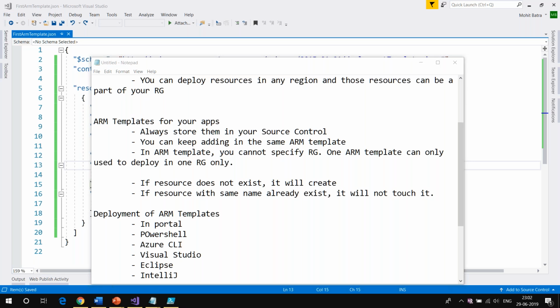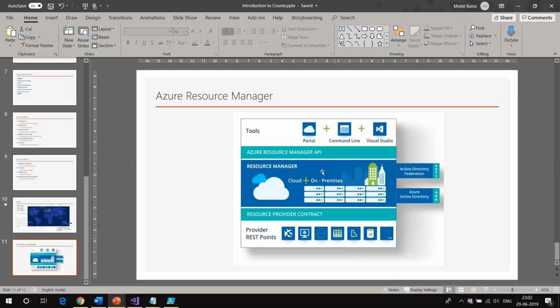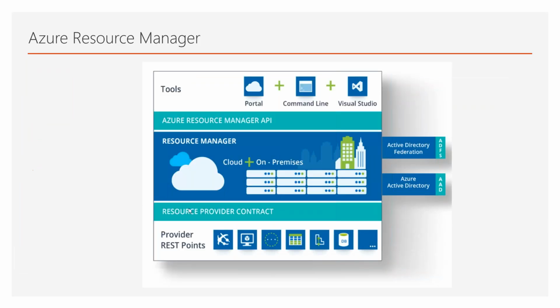And Shankar is saying, then does it differentiate between resources created from the portal and ARM template? Good point, Shankar. It does not differentiate between the resources, from wherever you want to deploy it. Now, I hope everybody remembers this diagram. What we are seeing here is that whether you create it from the portal, from a command line, or from Visual Studio, we have seen the portal, we have seen the command line.